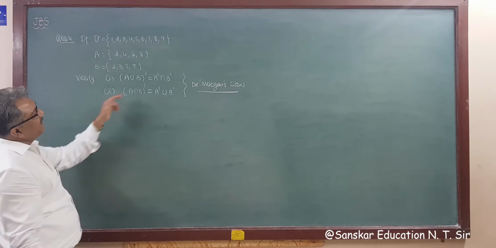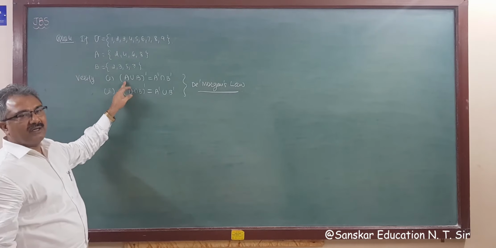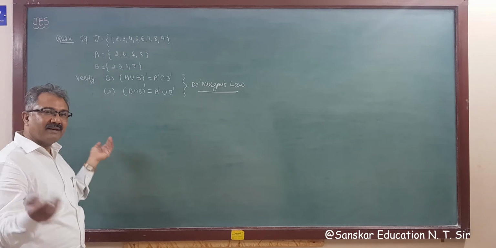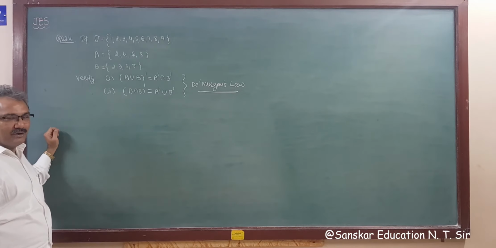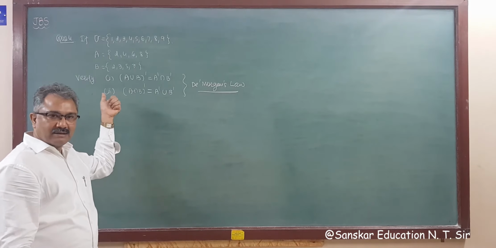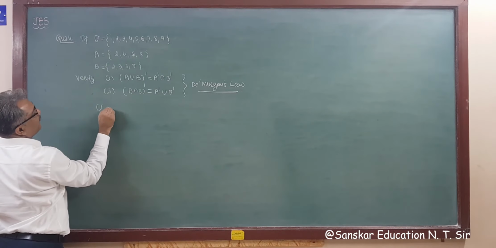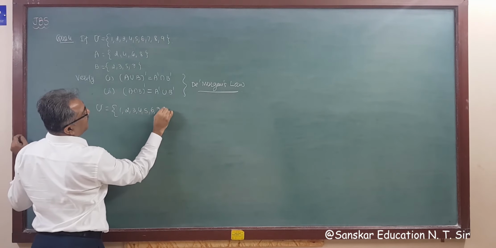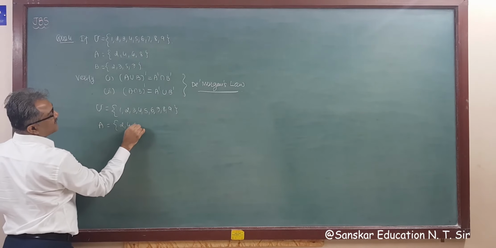So first of all, we need the complement of A and the complement of B, then the intersection of both, and the union of A union B, and then the complement of A union B, and A intersection B, and the complement of A intersection B, and verify. We can check easily whether the given statement is true or false, and you know these are absolutely true statements, right? This is a result that we proved, right? So first, U is equal to 1, 2, 3, 4, 5, 6, 7, 8, 9, and A is equal to 2, 4, 6, 8.